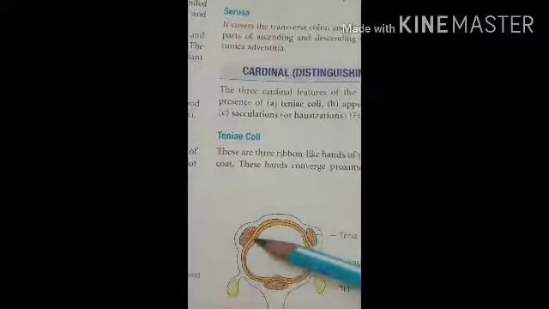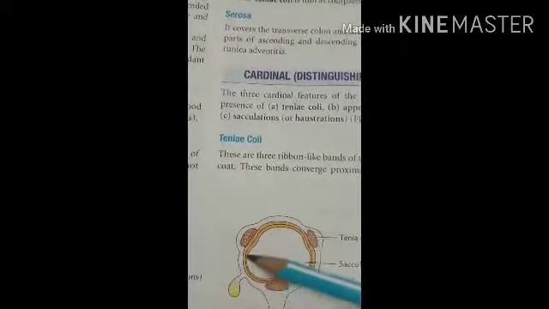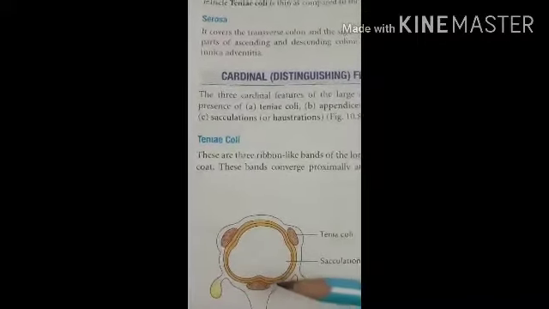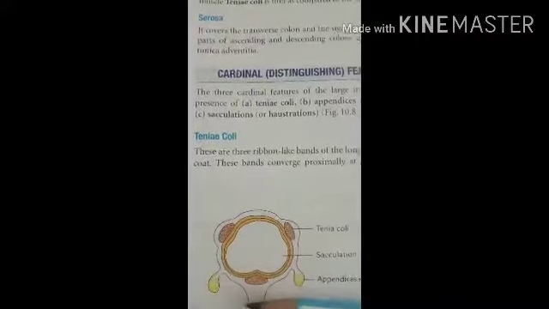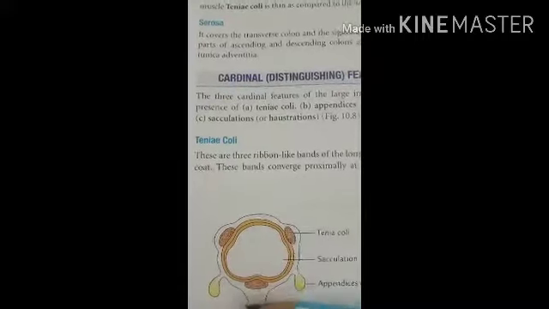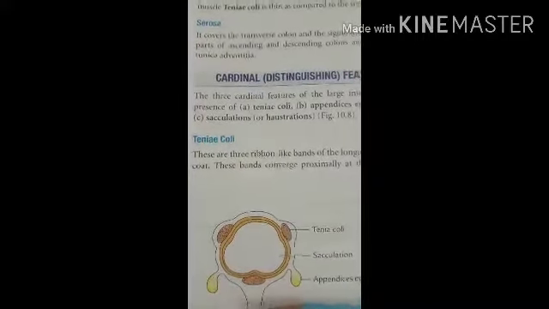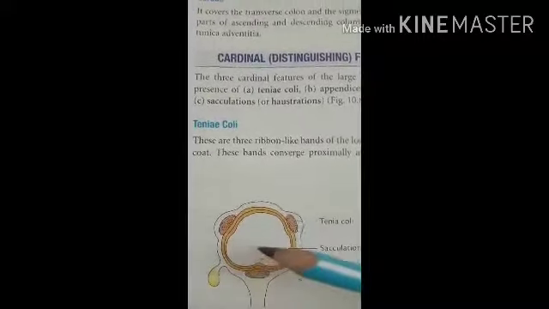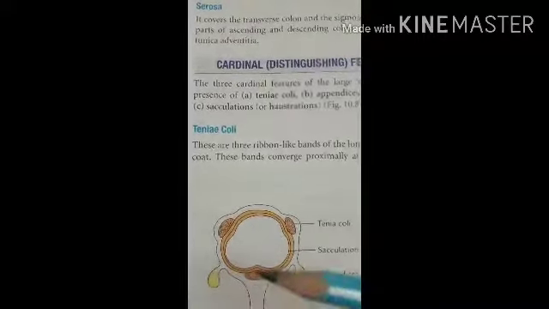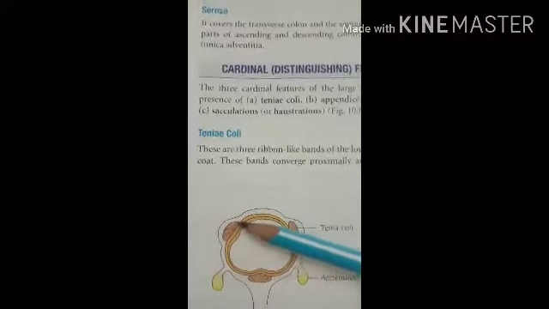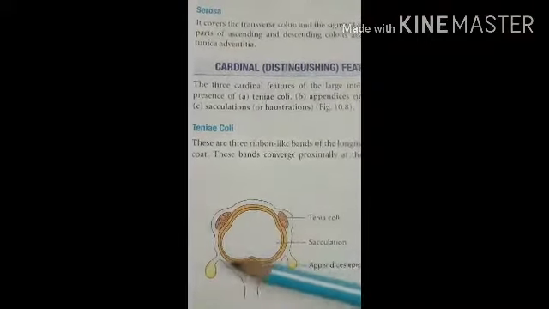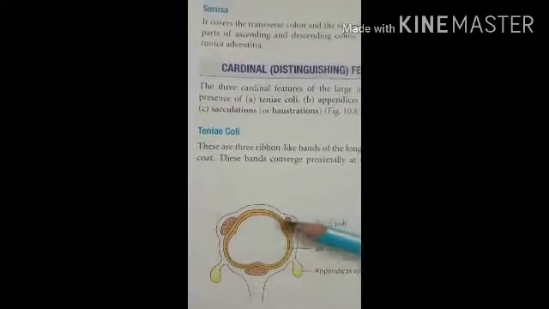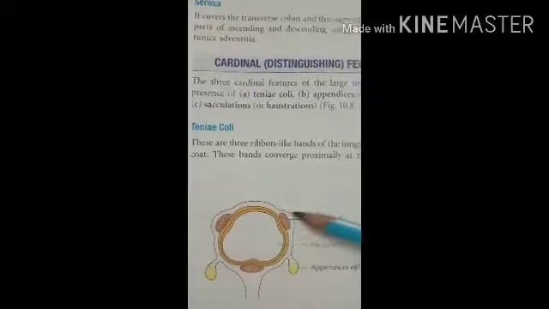Okay, then the next layer is the submucous layer, outer to the mucosal layer. It is made of loose areolar tissue and contains blood vessels, lymph vessels and the nerve plexus, that is the Meissner plexus. Then the third one is the muscular layer. It consists of an outer longitudinal and an inner circular layer. So here you can see the outer longitudinal layer, which forms the tinea coli, and the inner circular layer.